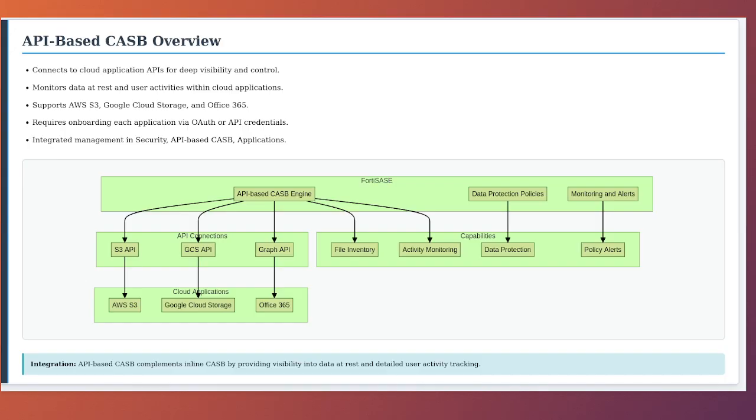While inline CASB through application control inspects traffic as it passes through FortiSASE, API-based CASB connects directly to cloud application APIs to monitor and protect data at rest and user activities within those applications. Looking at the API-based CASB architecture, FortiSASE connects to supported cloud applications through their native APIs. This connection allows FortiSASE to monitor files stored in cloud storage, track user activities within applications, and enforce data protection